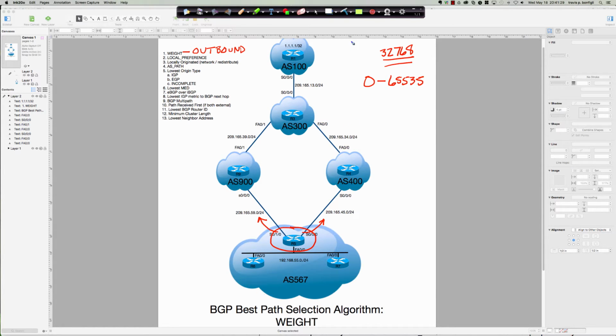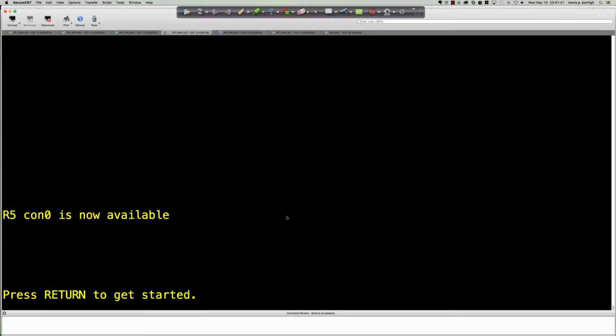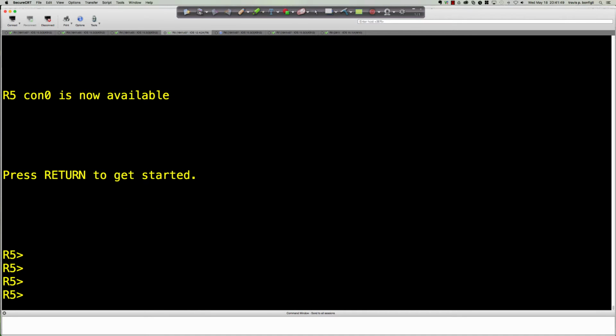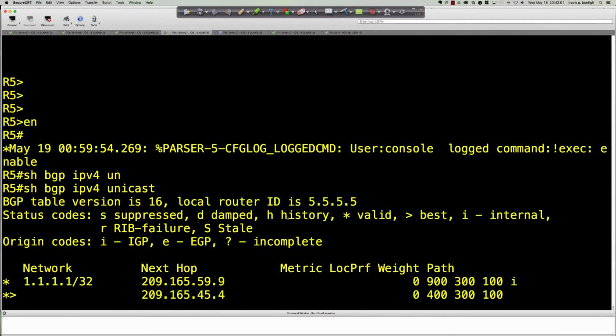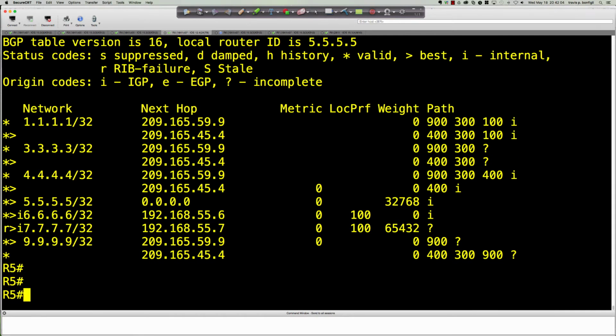So let's go ahead and hop onto router 5 and see what we've got set up now. We're going to force our traffic using the weight attribute to go outbound in a specific direction. So really what we're going to do is change it from whatever the direction currently is on router 5. Let's see what that looks like. Let's go from user exec to privilege exec, and I'm going to say show BGP IPv4. I'll use both the old and the new syntax for BGP. So show BGP IPv4 unicast. If I hit enter here, let's take a look at the